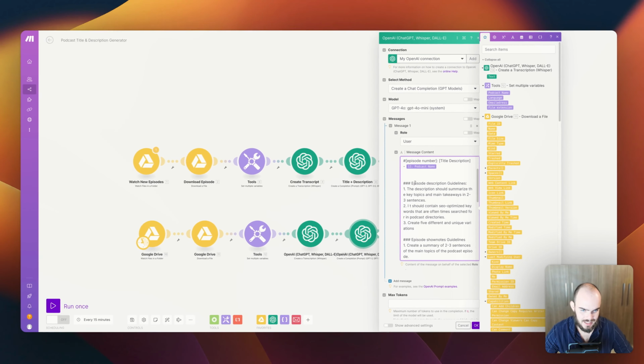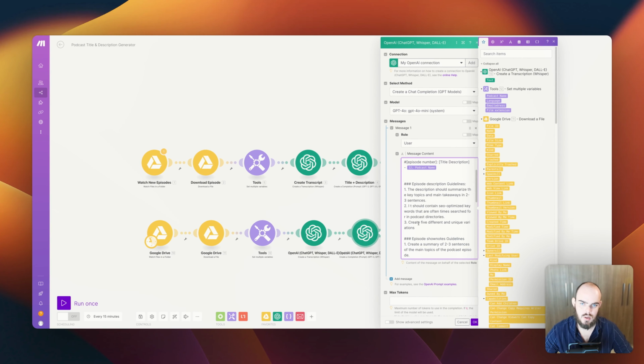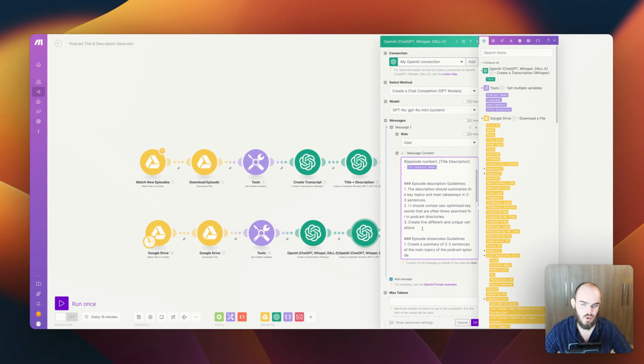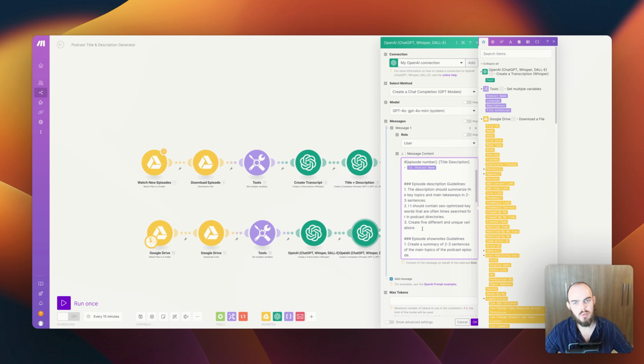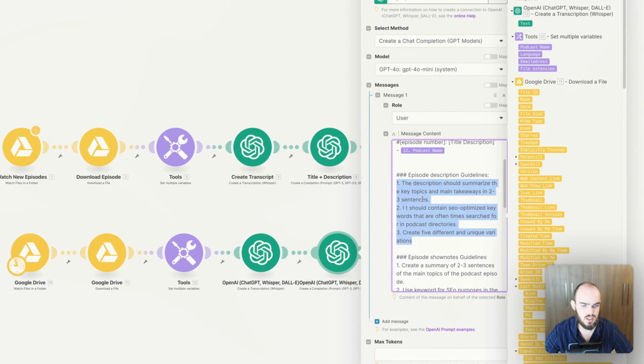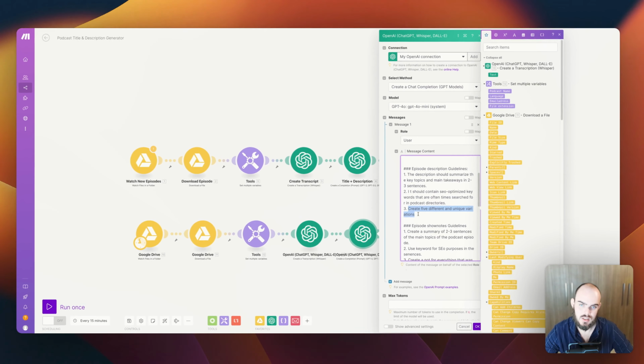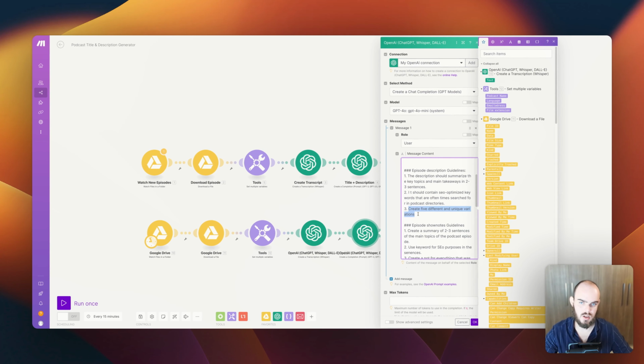Then you have guidelines for the episode description. This description is mainly tailored towards websites or blogs that also publish the podcasts or link to them, so that you can use this in addition to your show notes. Here I have created some example rules or guidelines, but you can do this on your own. You can also ask it to create 5 different and unique variations so that you can choose afterwards. This will then, of